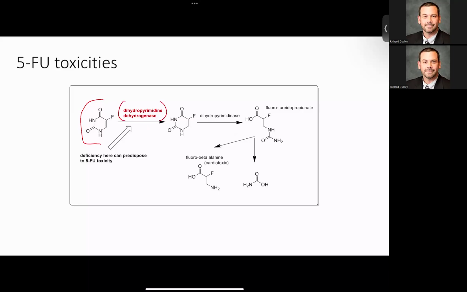dihydropyrimidine dehydrogenase. Okay? And dihydropyrimidine dehydrogenase is actually a reductive enzyme. And when 5-FU finds its way into the active site of this enzyme, it will actually reduce the double bond between the 4 and the 5 position to give you this